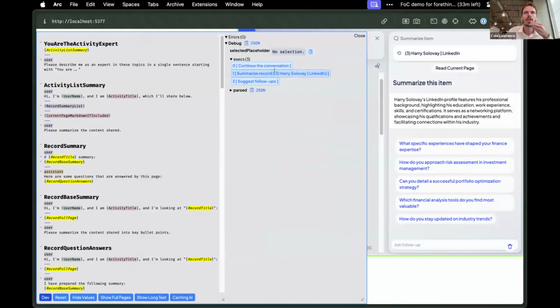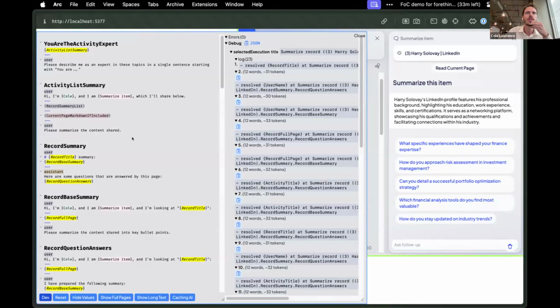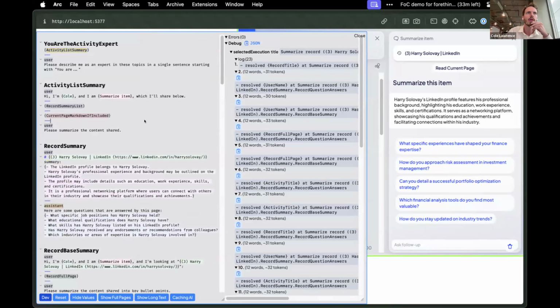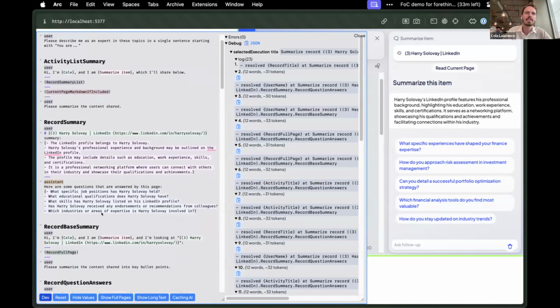If I look at the execution for summarizing that record, we'll see each prompt filled out. One of my favorite prompts, the reason I did this whole exploration, was that I was really passionate about exploring this "you are the activity expert" prompt. It gives you the activity list summary and basically prompts you to say, hey, please describe me as an expert in these topics. The output of the "you are activity expert" prompt then is,